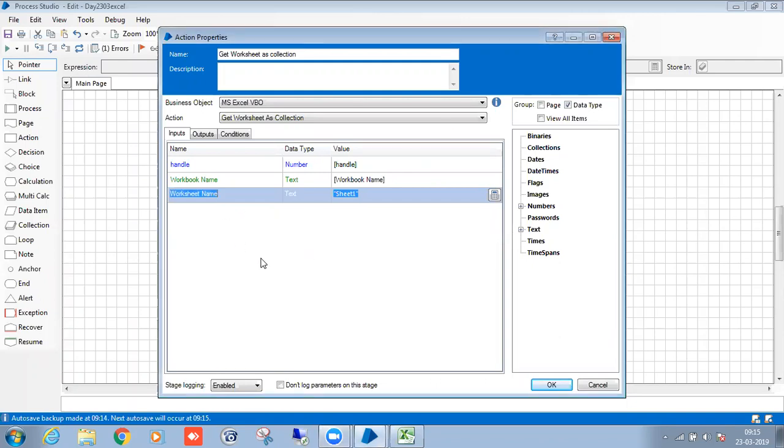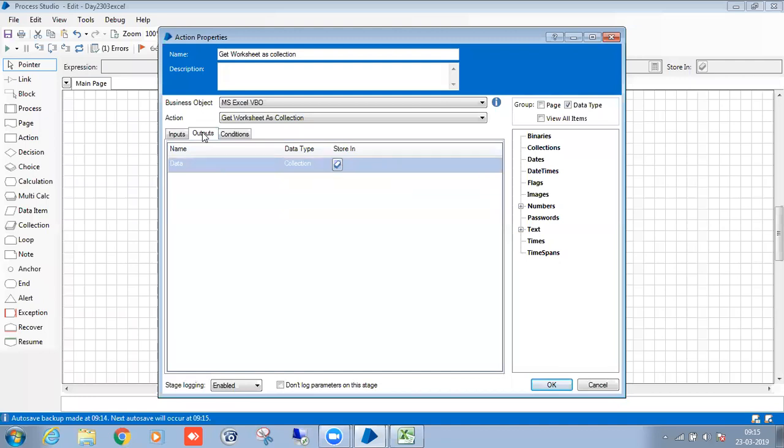So I have given Sheet1 and the required inputs. Click here, and one collection is created.